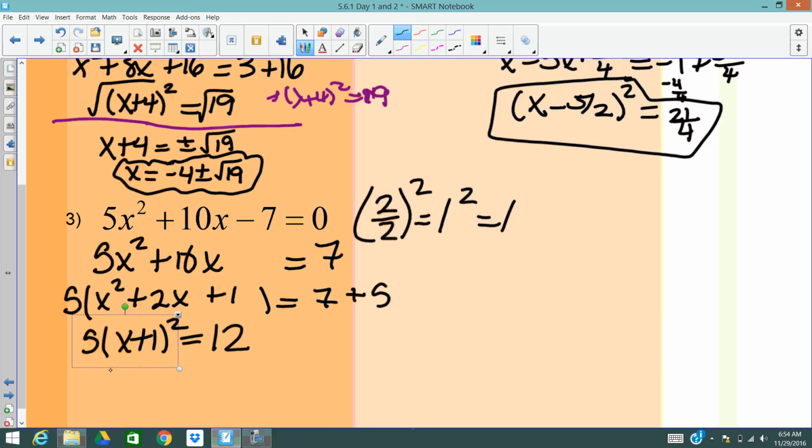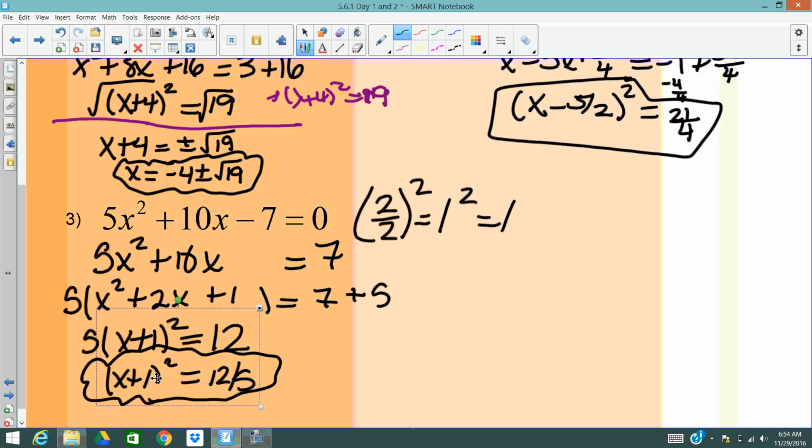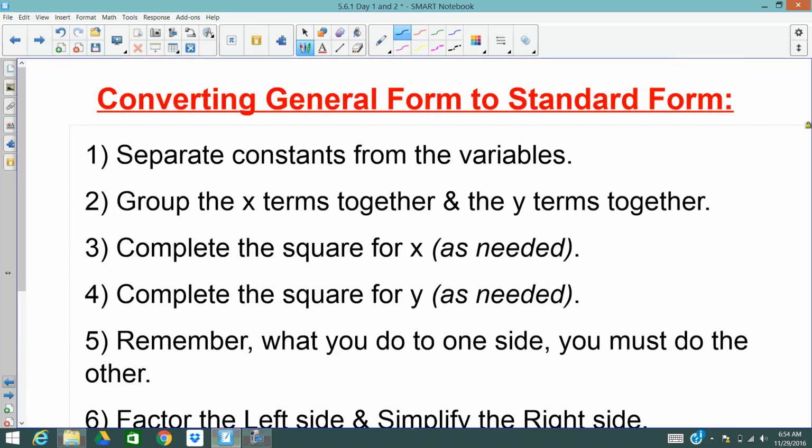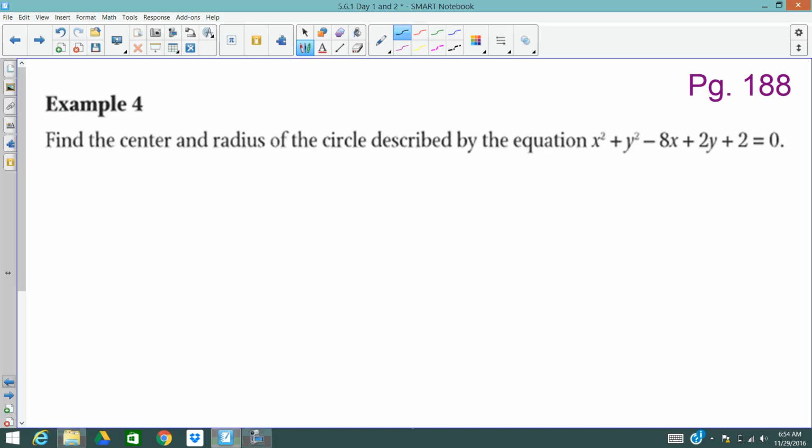And then we would divide by 5. And then again, last year from here, we would take the square root of both sides, subtract 1, get our final answer. But what we're focusing on this year is just that process. So now the question is, well, why the heck do we do all of that? And the reason why is,